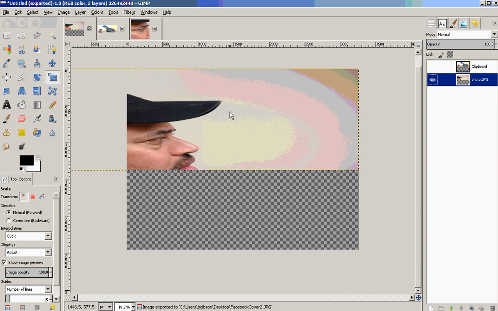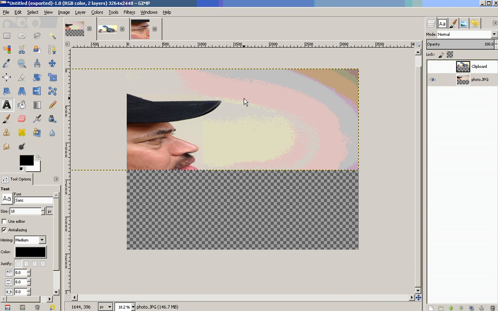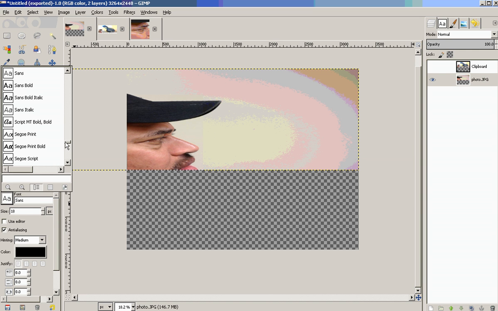Since I'm looking over there, I should put stuff there. What could I put there? I don't know. I could put some text in there. What could I put in there? Let's see. What font could I use? Okay, this is getting all crazy, but